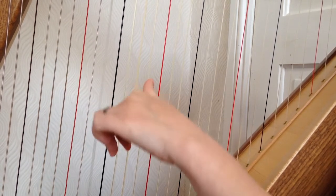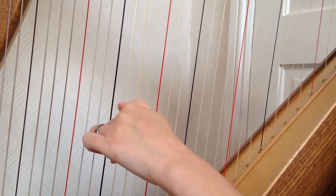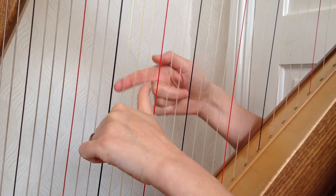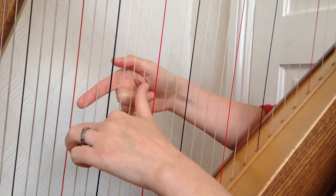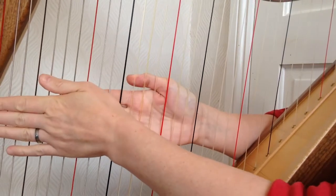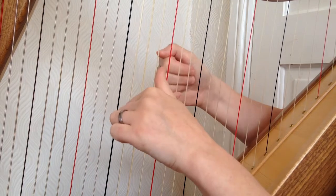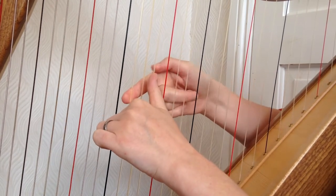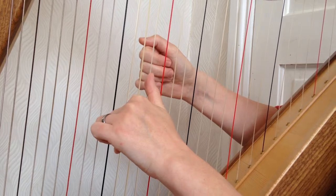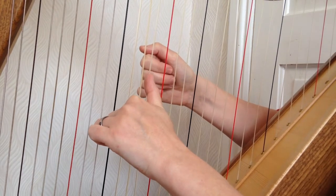Up to the B, 3 in a row, back to the B, and then we're spacing it out, B to G, and then all the way down to D. So if I just do that bar, this is bar 59. It's 3 in a row, B, A, G, moving to B, G, down to D. 1 and 2 and